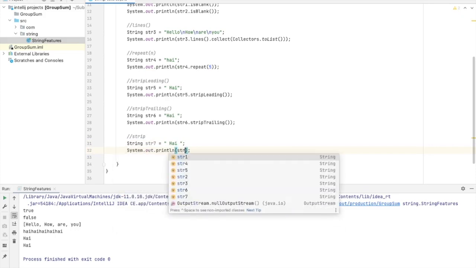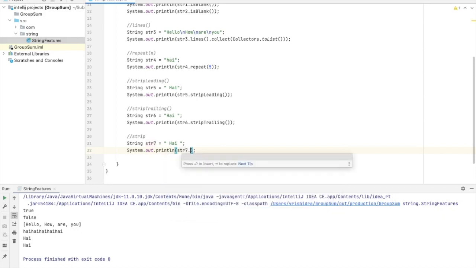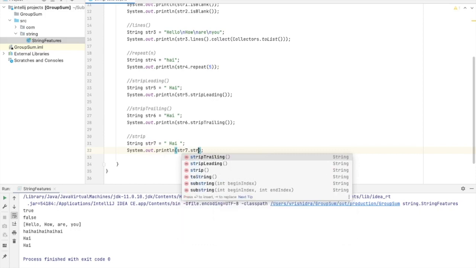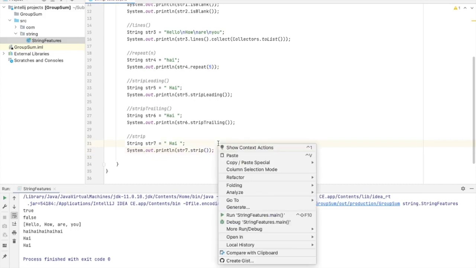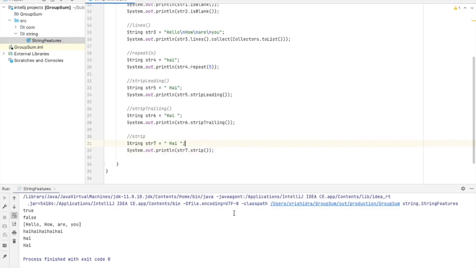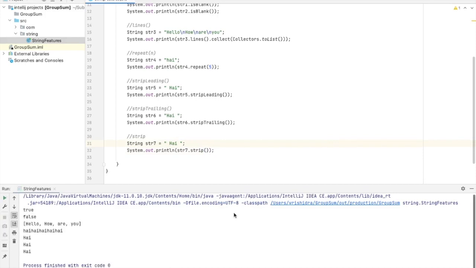And str7.strip(). This will remove the blank spaces from the start and end of the string. I will run. Yes, here it is. With this method, we came to an end of this session.